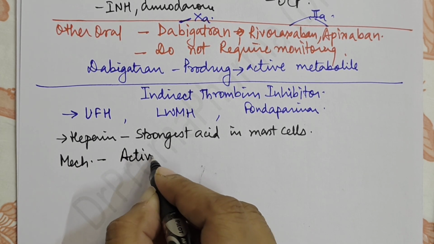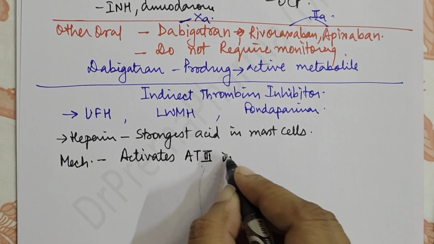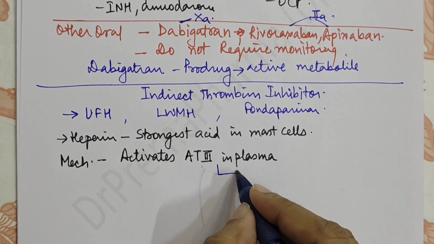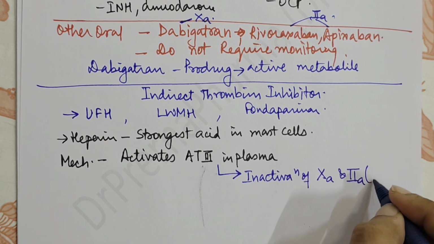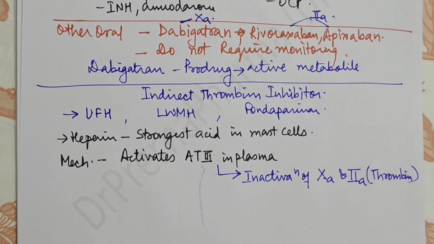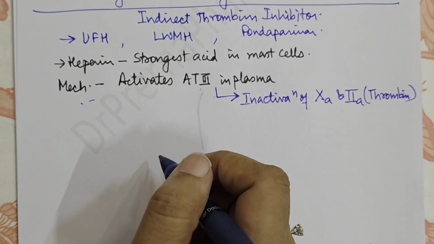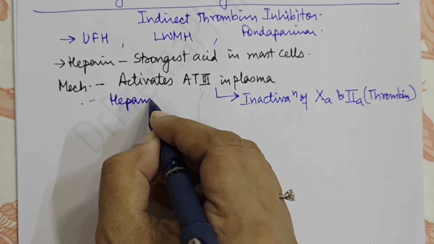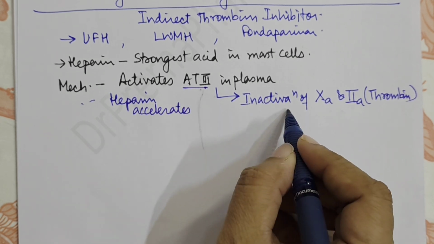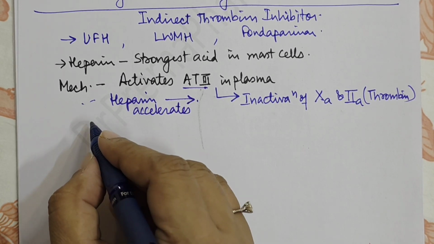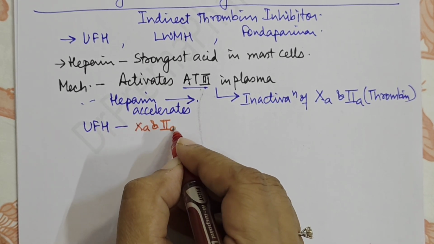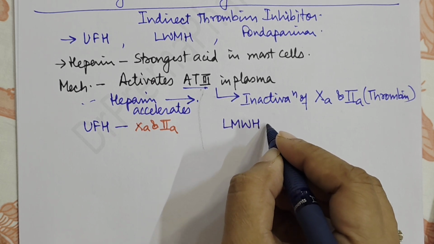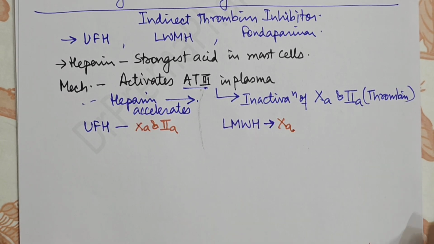It basically activates antithrombin 3 in plasma, and this antithrombin 3 is supposed to do the inactivation of factor 10A and factor 2A, which is actually thrombin. This is its mechanism of action. Heparin accelerates this reaction; even in normal conditions antithrombin 3 causes inactivation. So unfractionated heparin acts on both factor 10A and 2A. Low molecular weight heparin acts mainly on factor 10A, and fondaparinux